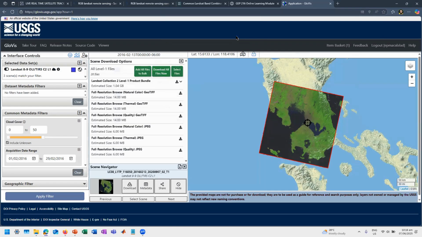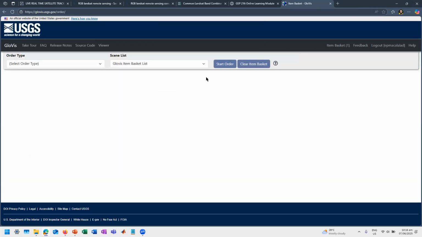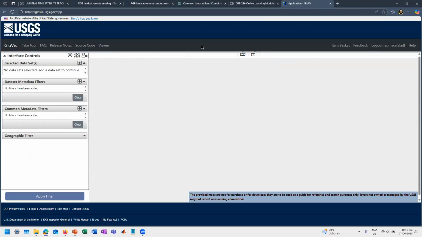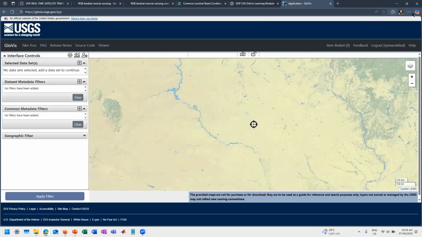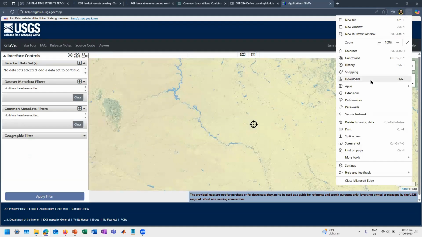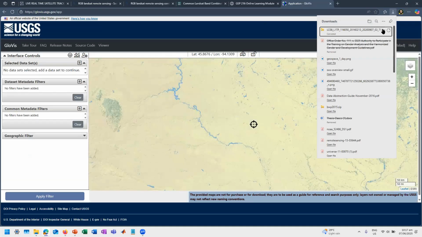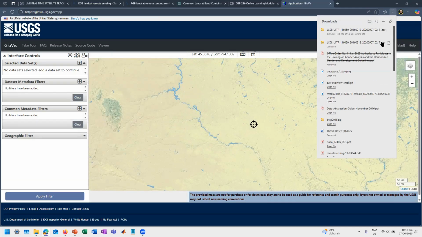Are you sure you want to download? Okay. Yan. Pag na-download na siya, it will appear sa downloads like this. So medyo matagal siya, no?